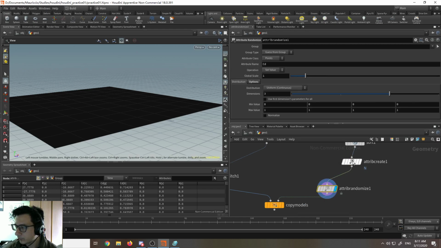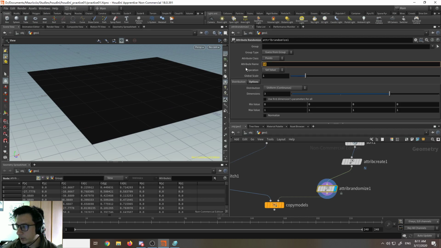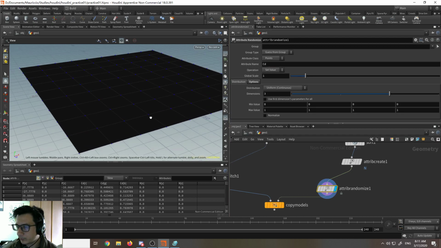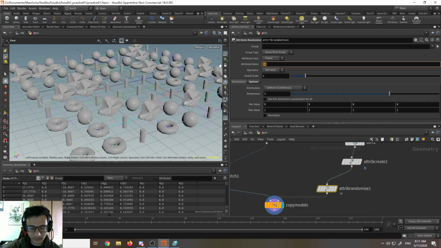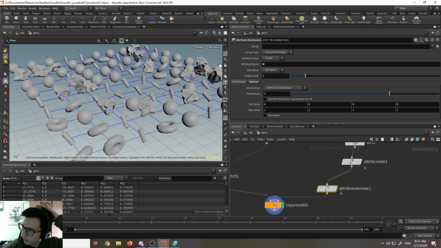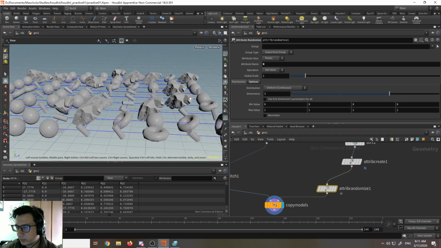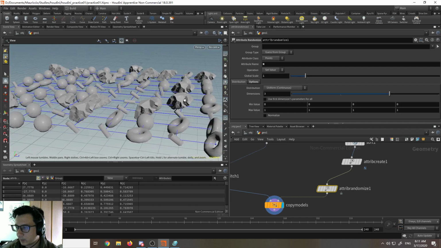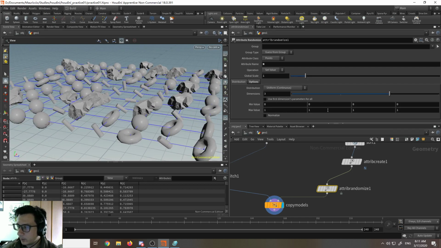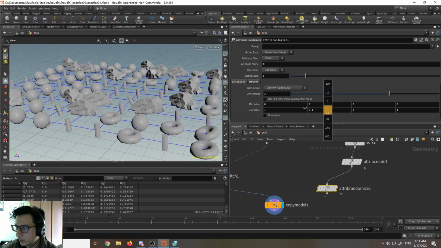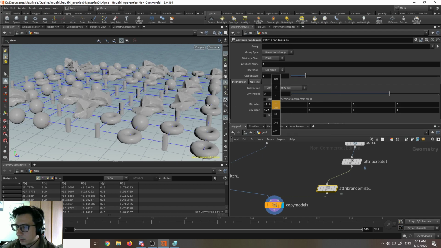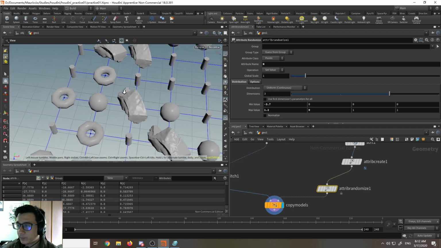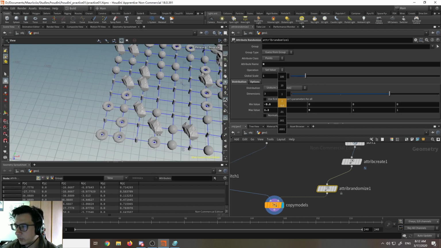So I want to randomize the points here, and I want to randomize the normal. And by default, you see that it's doing something. So I have 3 values. If I don't want to randomize along y, I just put 0 here, and I can just change it, right? The more extreme my values,